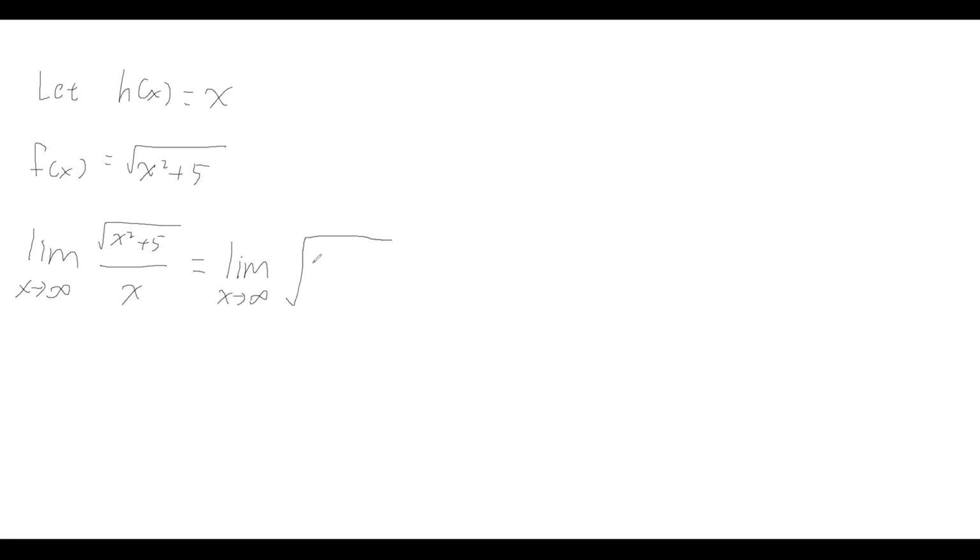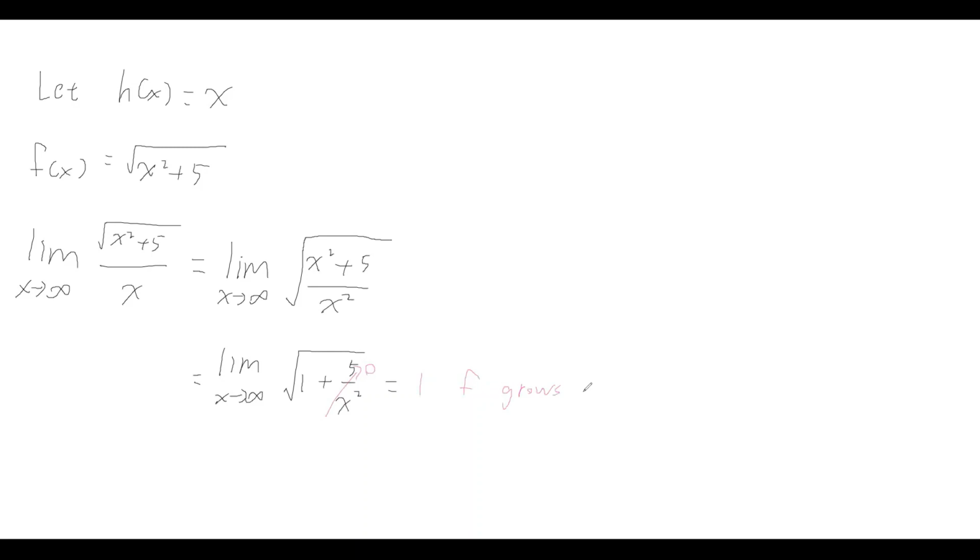I'm going to combine them into one big radical over x squared, and then split the fraction in here. So I have 1 plus 5 over x squared. And then we take the limit here. This term is going to go to 0, leaving us just a 1, which is a constant. So here we have shown that f